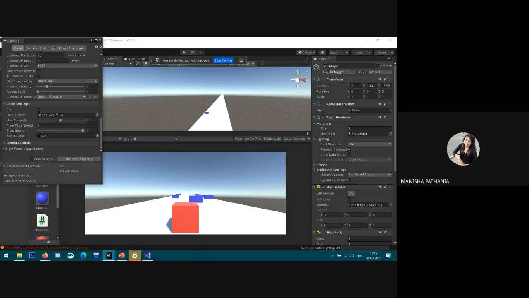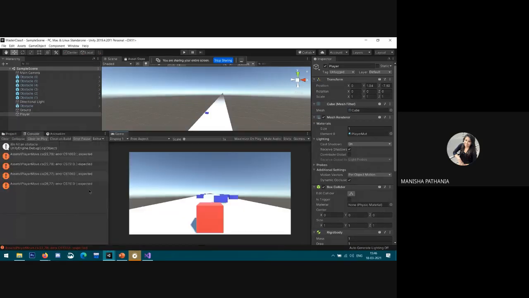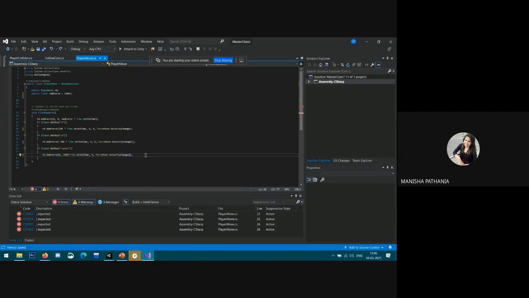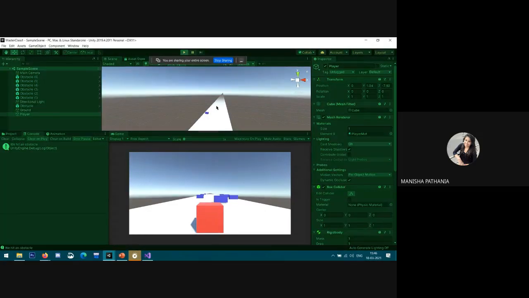Save it first, and play. There is an extra bracket here, so that's why it's giving an error. Save it, and go to the Unity panel again. Now click on play.